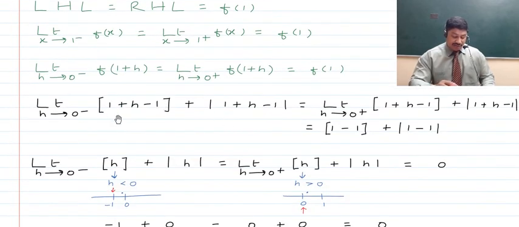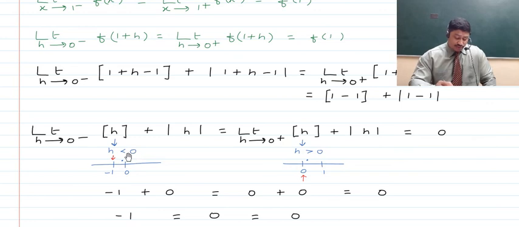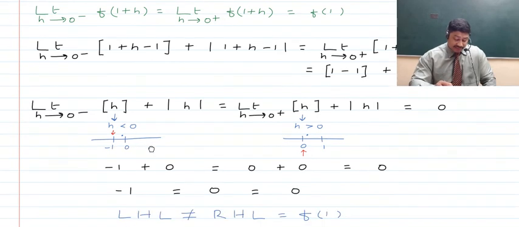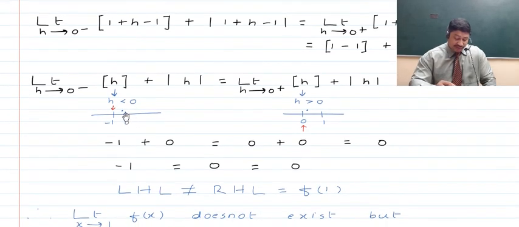So when we talk about the left hand limit here, in place of x we have to substitute 1 plus h, so plus 1 minus 1 will get cancelled and we will just be left out with greatest integer of h. Right? Now here remember children that h is tending to 0 minus, or in other words h is less than 0. Howsoever small it is, howsoever close to 0 it is on the left hand side of 0. On the real number line it has been represented. So if you talk about the greatest integer of this, it will be an integral value which will be closest to this point, and on the left hand side of it,